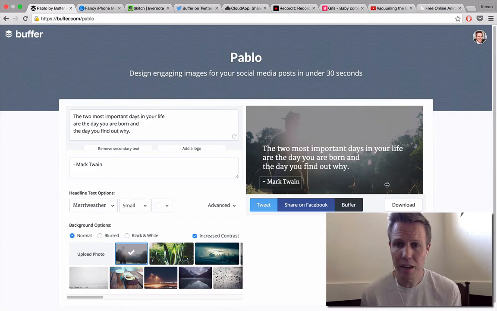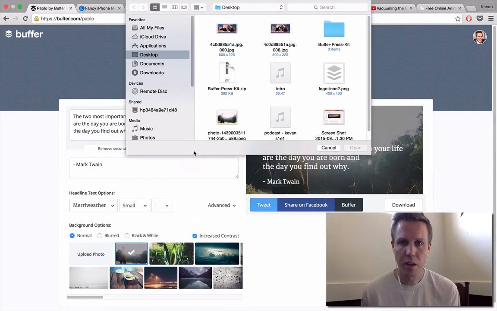So I've gone ahead and made kind of a sample one for you all here. This is a quote from Mark Twain, and you can see it looks nice and pretty over the image that we've chosen. A bunch of different image options down here in the bottom. And then what I'd also like to do is to add a bit of branding to this post. So if you go over to this button here, which says add a logo, you can grab a logo from your computer,